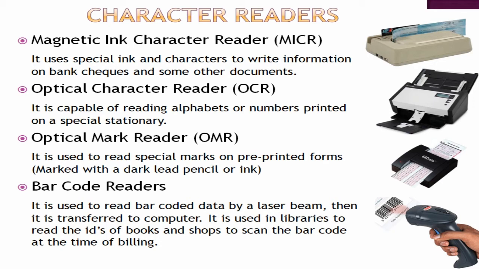When such documents need to be read, they are passed through a machine called MICR. It magnetizes the ink and then translates the magnetic information into characters, which are directly input into a connected computer. So if you keep the check on the machine, it will read the characters from the check and they will be directly given as the input into the computer which you use.